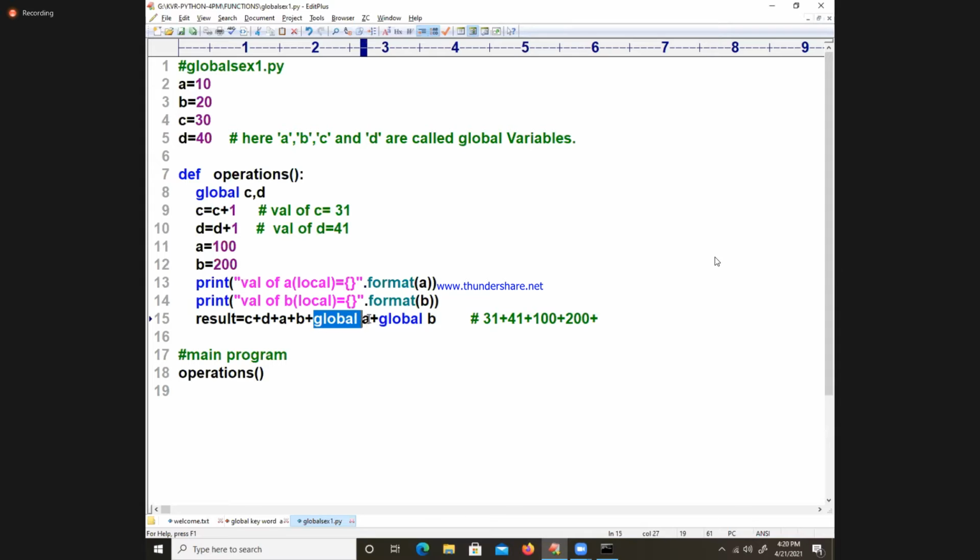You are intentionally using global A only, global B, but it is not going to work. That time, naming collision. That means there is no clarity between multiple duplicate values. Here, see the concept. Whenever the global variables and local variables are the same, there is a possibility of getting ambiguity. Here you are not getting the global A value, plus you are not getting the global variable B value.